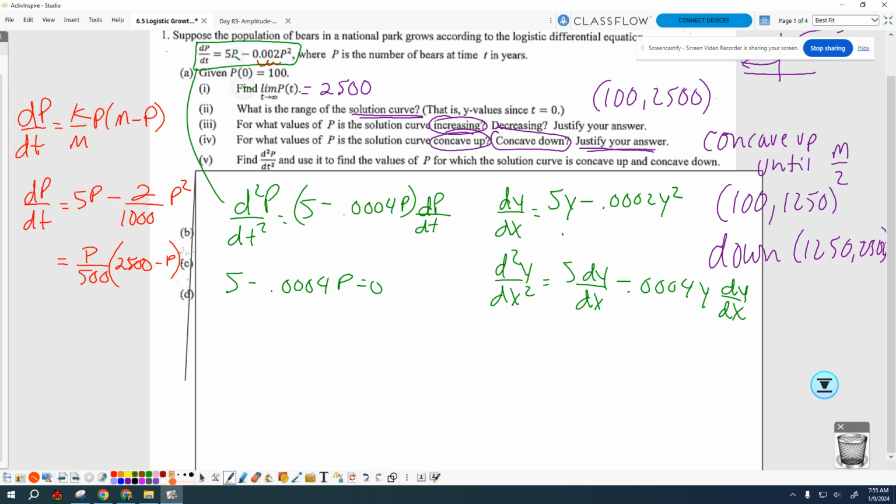And this we factored over here thanks to Camden. So where does p over 500 equal 0, and where does that equal 0? So my possible inflection points are when population is 0, when population hits the max carrying capacity, and this one,